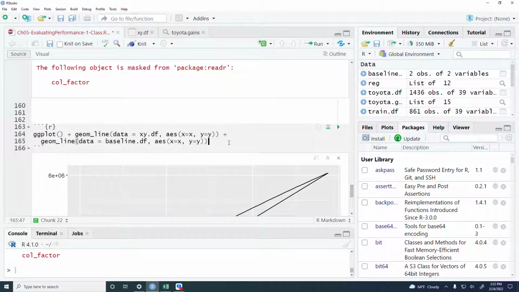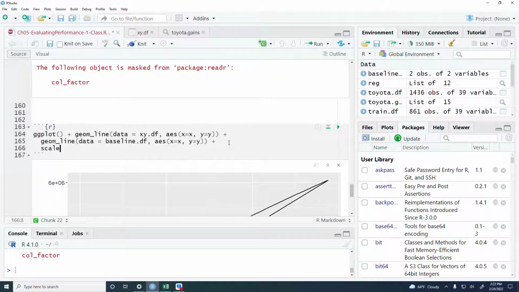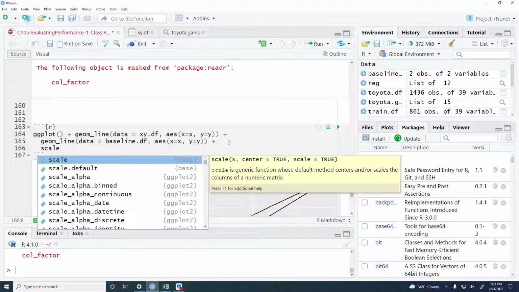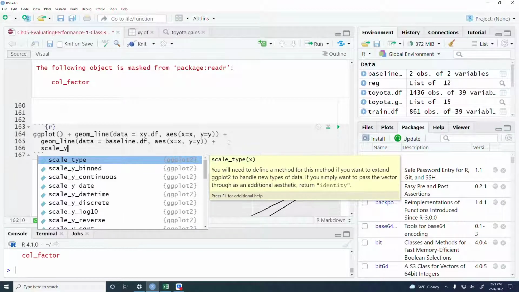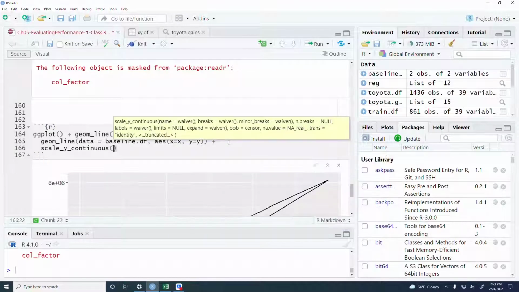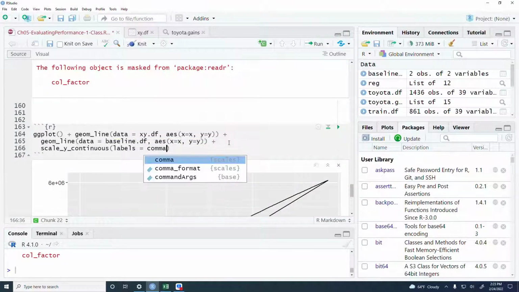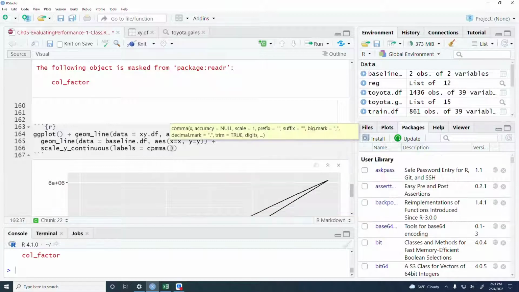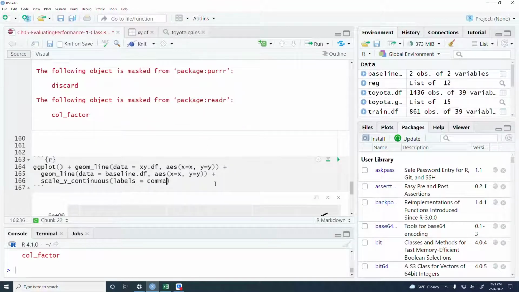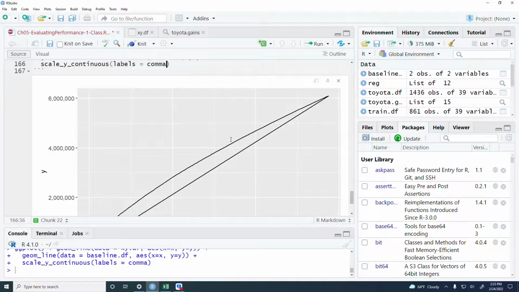Here we add plus scale_y_continuous, since this is for the y-axis, and there is a similar function for the x-axis, scale_x_continuous. We say labels equal to comma, and this labels equal to comma will work only if you have the scales library attached. So now we have